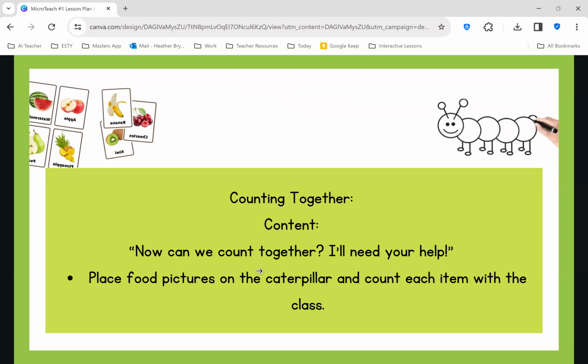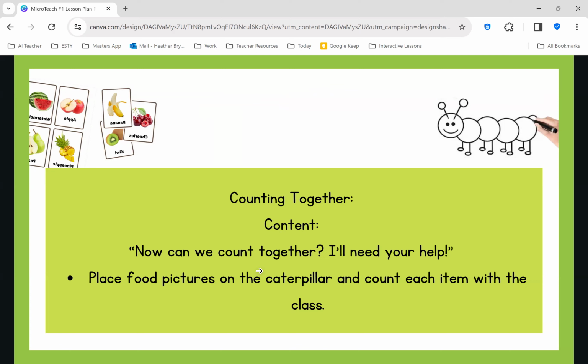In this particular task, they will count together with students as a group. What might you say? You might say, next, we enter the we do phase, which involves shared instruction. In this part, you and the students work together by saying, now we count together. I'll need your help. Place the food pictures on the caterpillar one at a time and count each item together